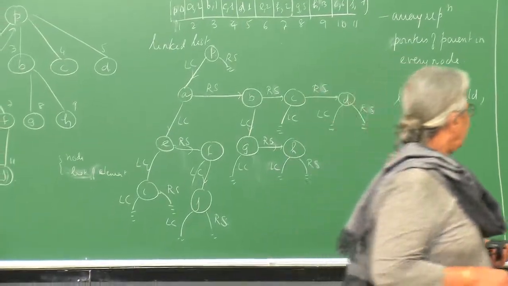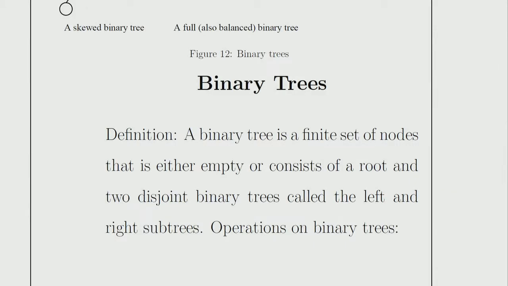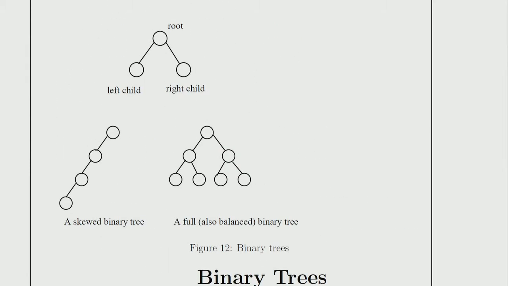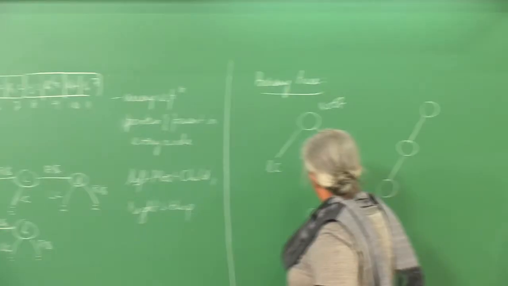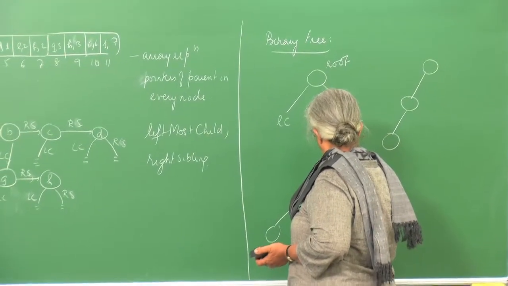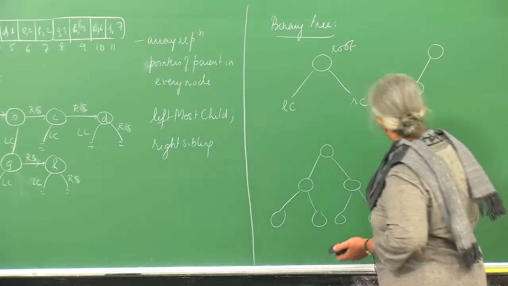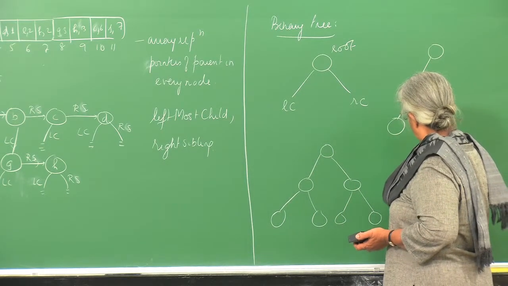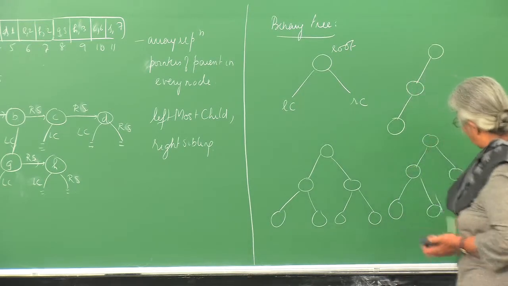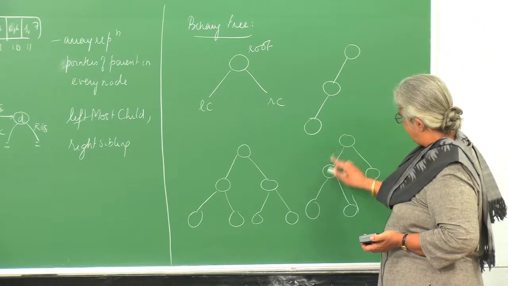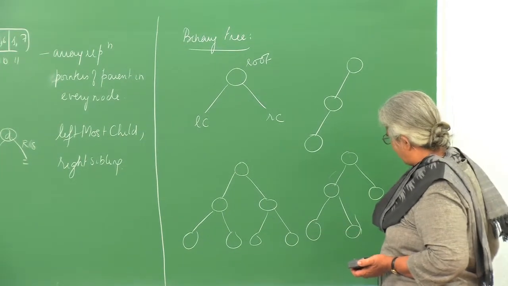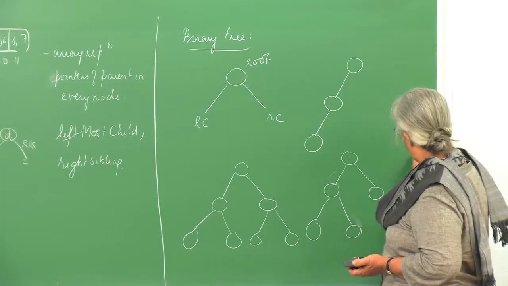Okay. All right. So, this is a skewed binary tree, the picture is given here in the slide. Skewed means it is skewed to the left, and then I have drawn another binary tree which is called a full binary tree. The nodes are full like this. Then you also have another variant of it called the complete binary tree. We will come back to this. What we mean by this is when you fill this tree, for example, notice that I have filled the nodes at the first level, nodes at the second level, nodes at the third level. When I am filling them, I go from left to right. Okay. This is a complete binary tree,